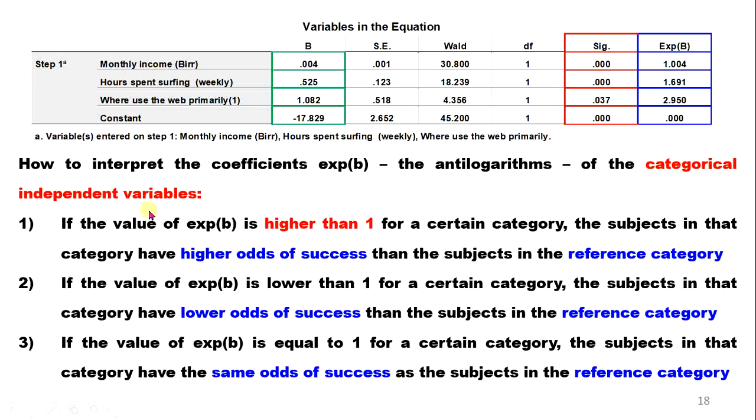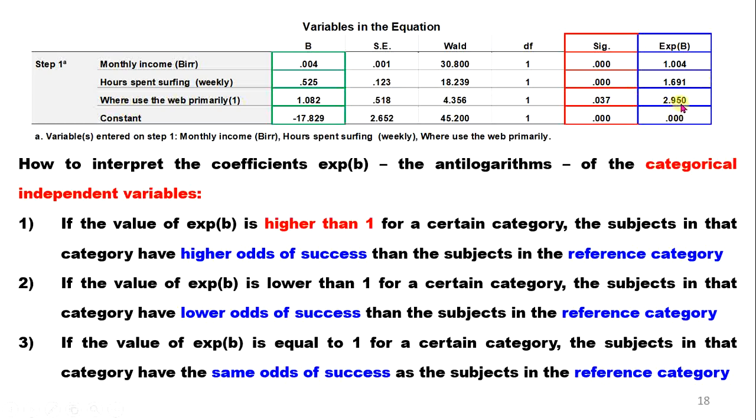ስለዚህ አሁን እንዴት ነው ኢንተርፕሬት የምናደርገው? How to interpret the coefficient: this coefficient is the anti-logarithm of the beta. Categorical independent variable ሲኖረን፣ ለምሳሌ categorical where to use the web አለ። ይሄ ምንድነው? 0 ምን ማለት ነበር? ቤት መጠቀም ኢንተርኔት፣ አንድ ደግሞ ኦፊስ የሚጠቀሙ ሰዎች ብለን ከፋፍለናል። ስለዚህ እንዴት ነው? If the value of this coefficient is higher than 1 for a certain category, the subjects in that category have higher odds of success than the subjects in the reference category ማለት ነው።